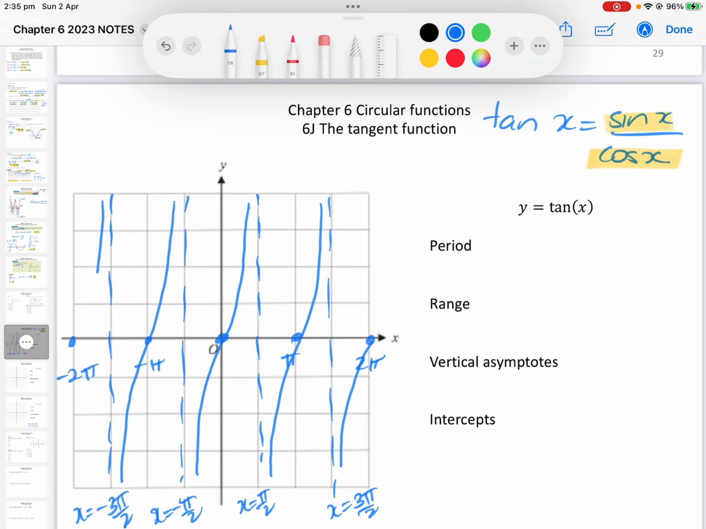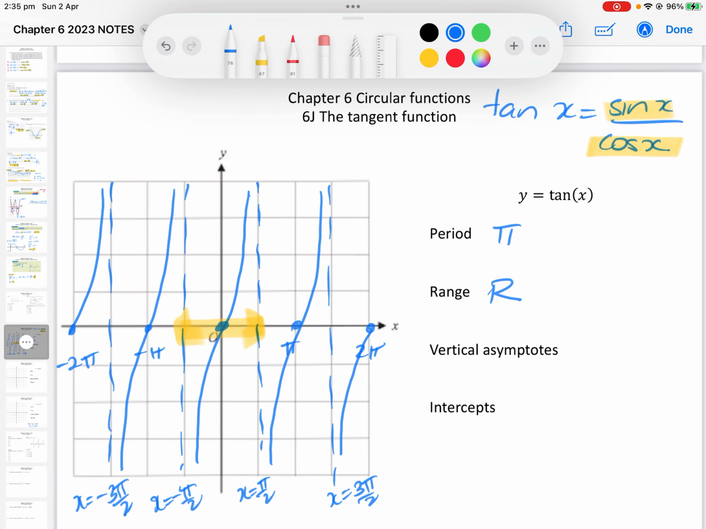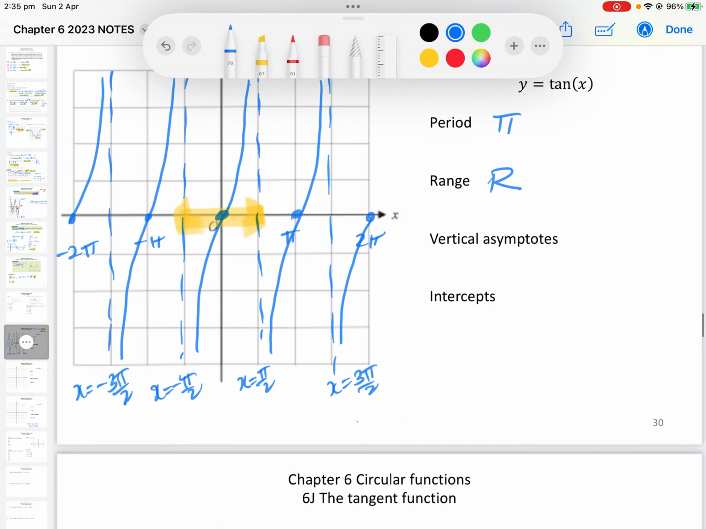So it's quite different, but you would have seen them last year. So the difference between tan and cos and sine is this one, it repeats every pi units. So the period is pi, but for cos and for sine, it's 2 pi. The range is R, all the numbers, because it keeps going. It has vertical asymptotes at the odd multiples of pi on 2, but if we have a shift across, that's going to